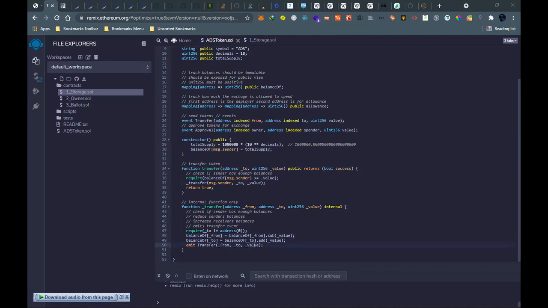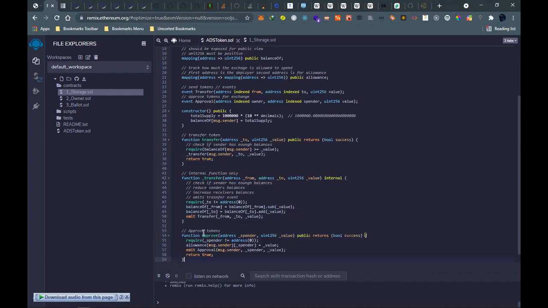Then we have the two last functions, which are also mandatory, and that is approve. This is a function to approve tokens. You need to approve the tokens for a spender.